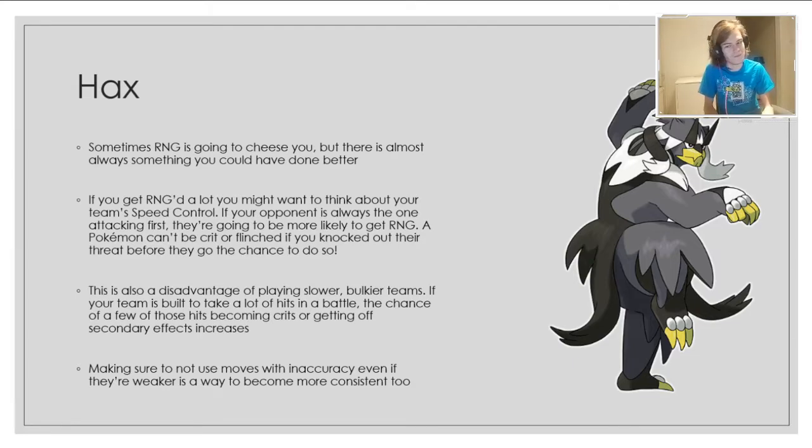Just Trick Room, bro. That's an option, yeah? But that's once again speed control. You always want to be the first one to attack in a game, because then you've always got the advantage, even with cheese. And also another option, some people have the tendency to pick an inaccurate move, 80% accuracy, because